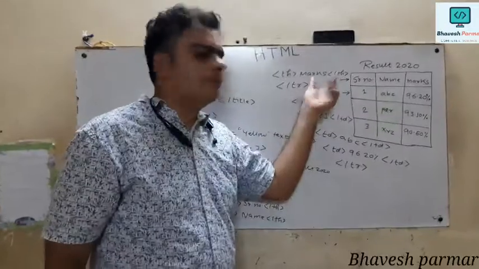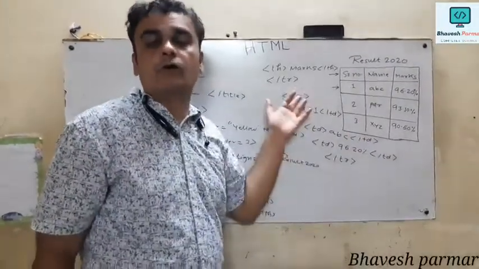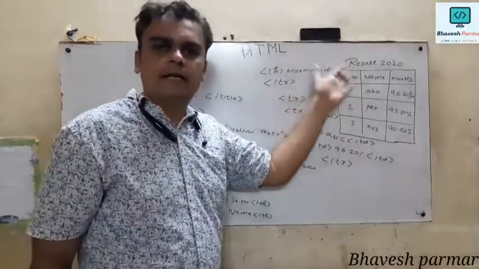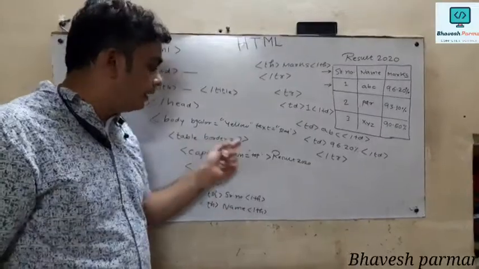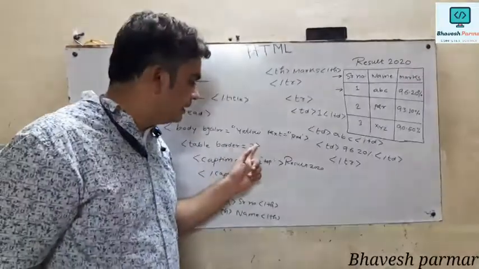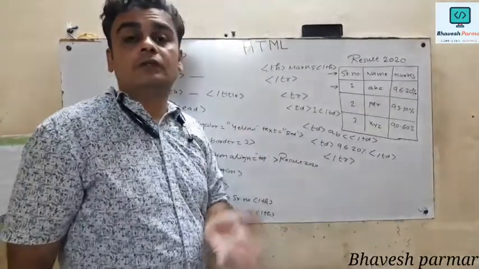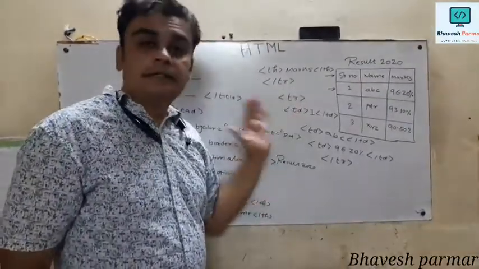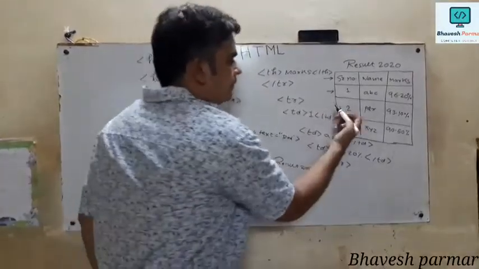We can also use background color, bgcolor, for more attractive purposes. So this is homework for you. You can use it in the program. Where you use the table, the border value should be there, and after that you have to use the bgcolor attribute, and you have to guess and study how it looks. Okay, so this is my second row.